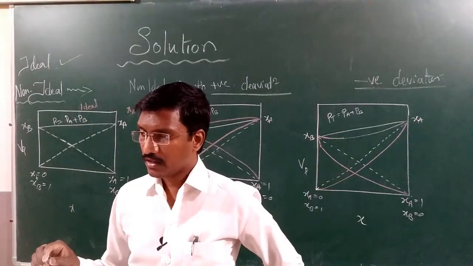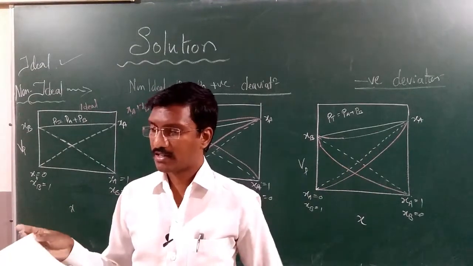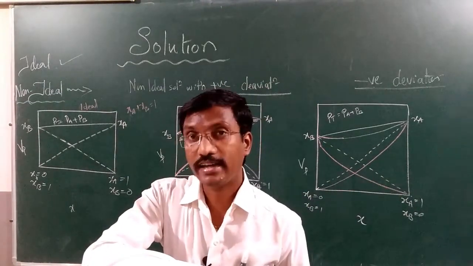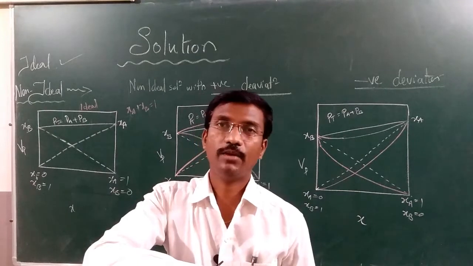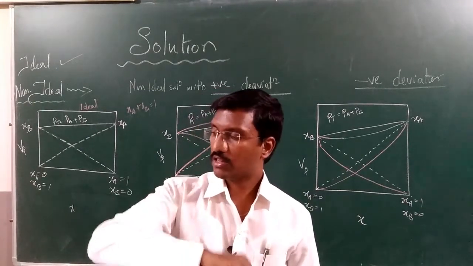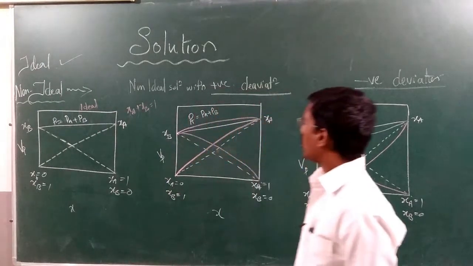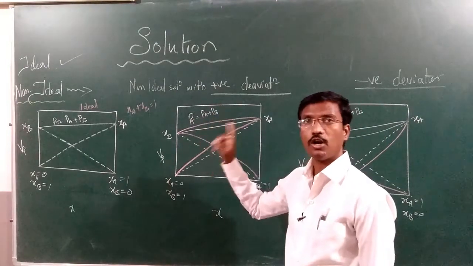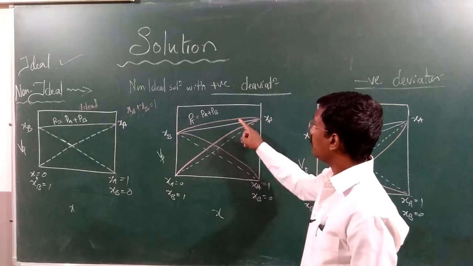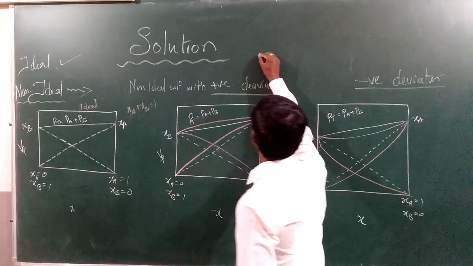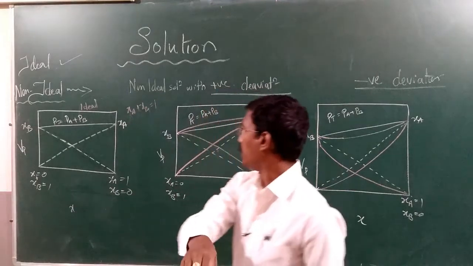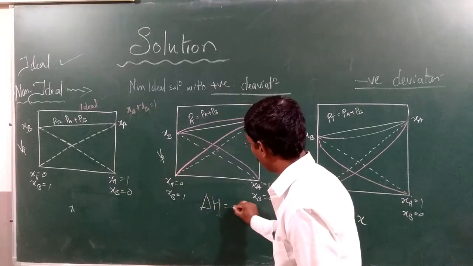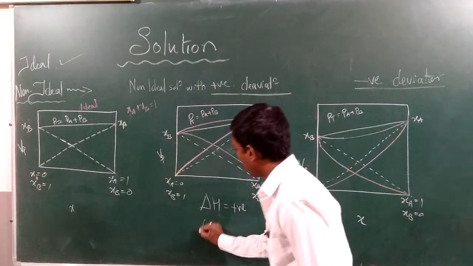And what does non-ideal solution mean? In the non-ideal solution, there are two types. One is non-ideal with positive deviation, and the other is non-ideal with negative deviation. So what are positive deviations? Obviously, non-ideal solutions do not obey Raoult's law and they undergo deviation in the enthalpy, meaning delta H. Here, in positive deviation, delta H is positive, and delta V also